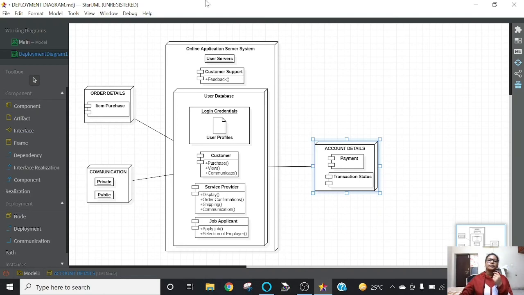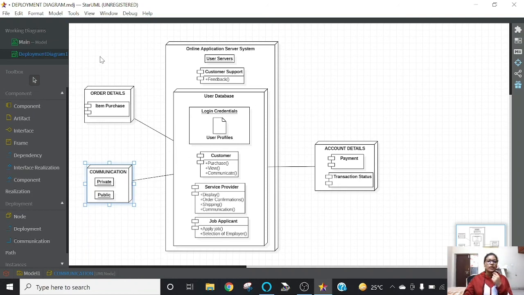Apart from all this purchasing, we have another feature, communication, so that the users who are using this can communicate with each other. This communication node also has two objects, which are private and public. The messages which the user wants to send, he can send as a private message or a public message. This is going to connect with this particular communication node.